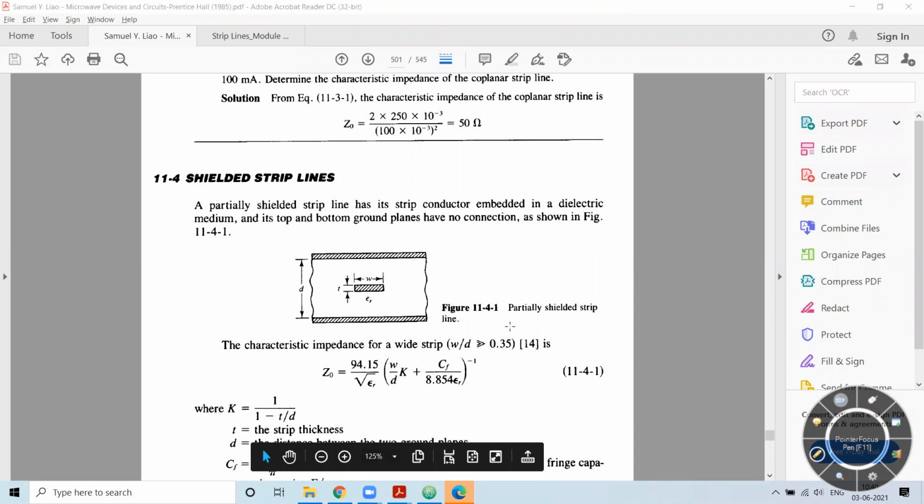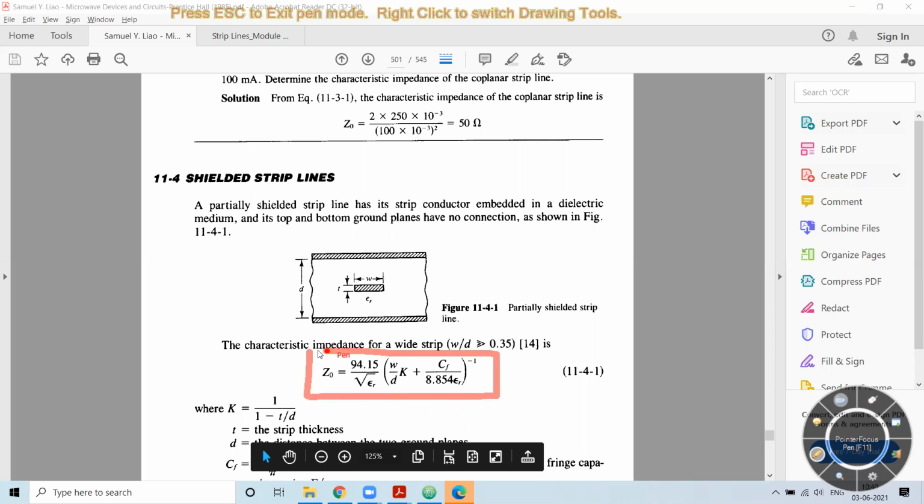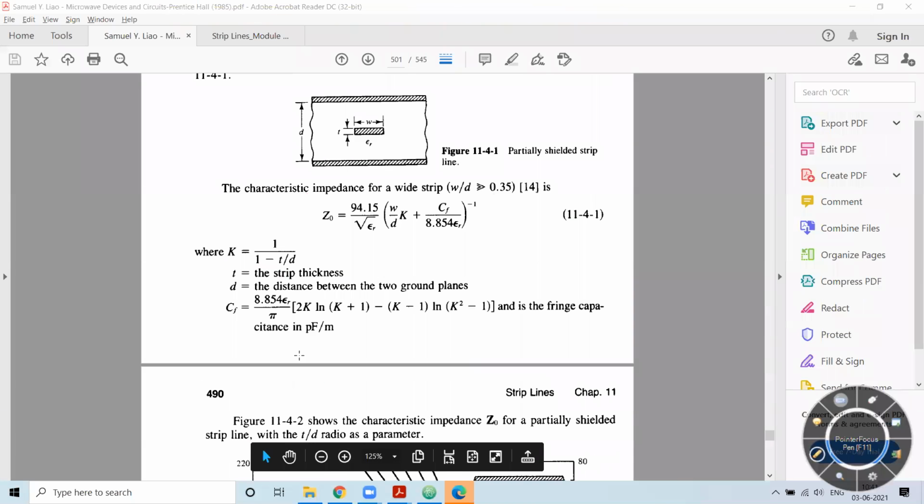Now, based on the reference, the Z naught equation for such strip lines is given by Z naught equal to 94.15 divided by square root of epsilon r, into W by D into K plus CF divided by 8.854 epsilon r, its inverse. Here K is a factor associated with the thickness and the distance between the planes, the distance between these two planes. That K value is given as,